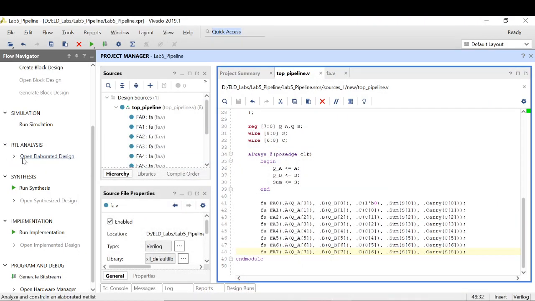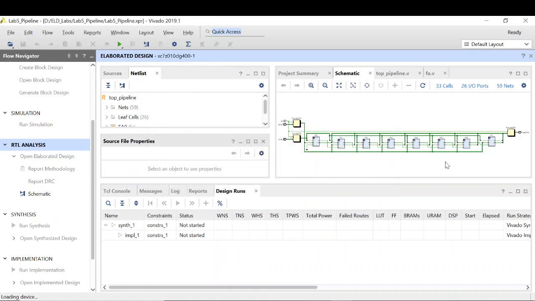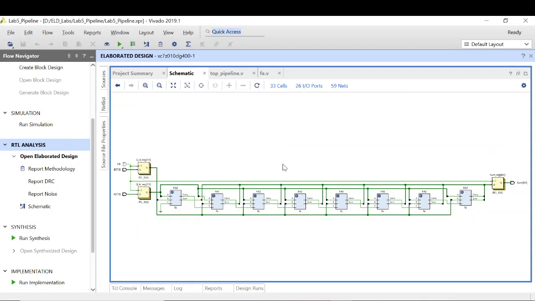To do that, you can go to this Open Elaborated Design, click on OK. Alright, so now let's look at this design.